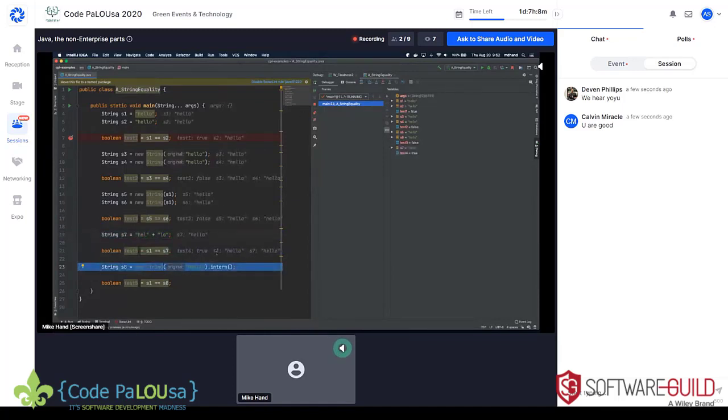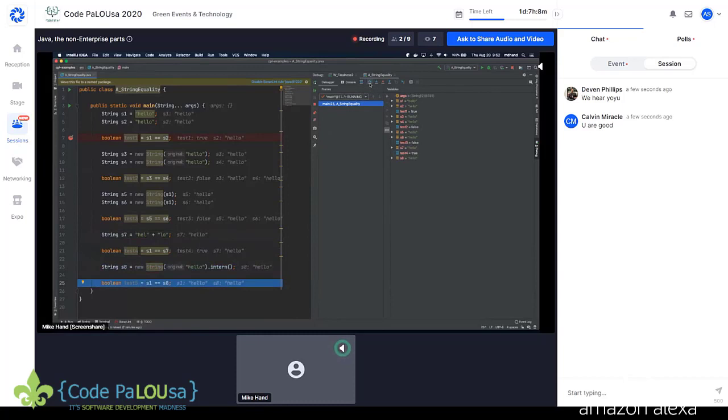That one is double equals. And one last one, let's use the string constructor, but then we're going to call this intern method on the string object that's the result of that constructor call. So that's going to be assigned to string 8. Now we're going to compare our first string hello to that last string, and are those equal? And now all of a sudden those are equal again.